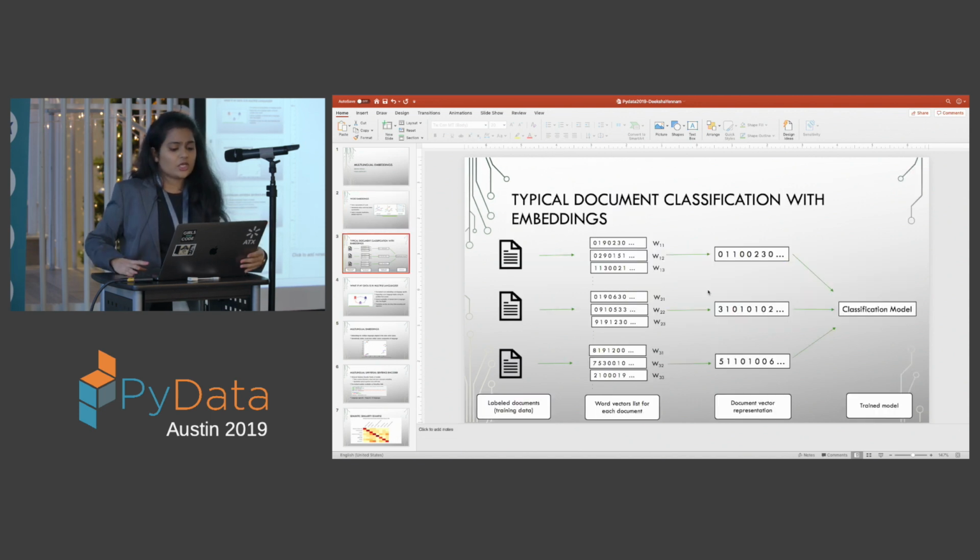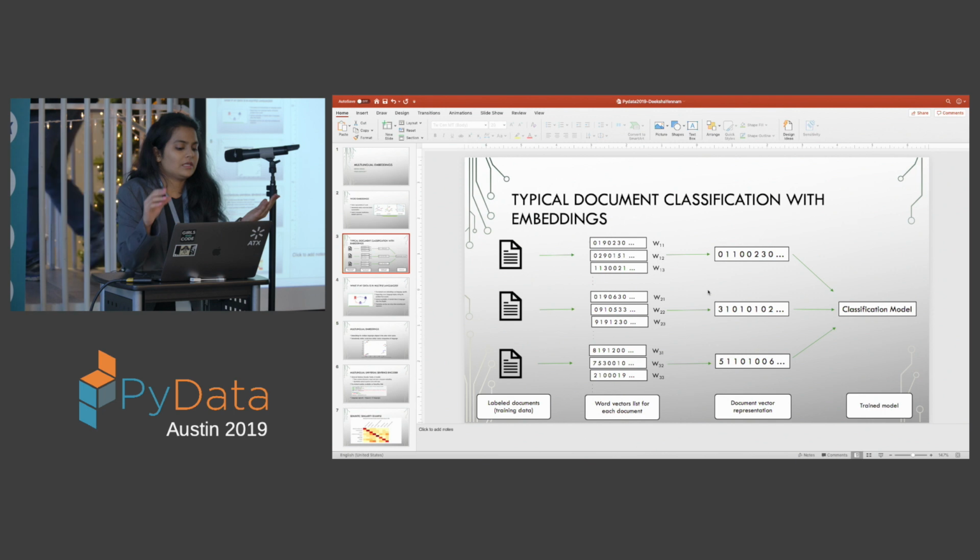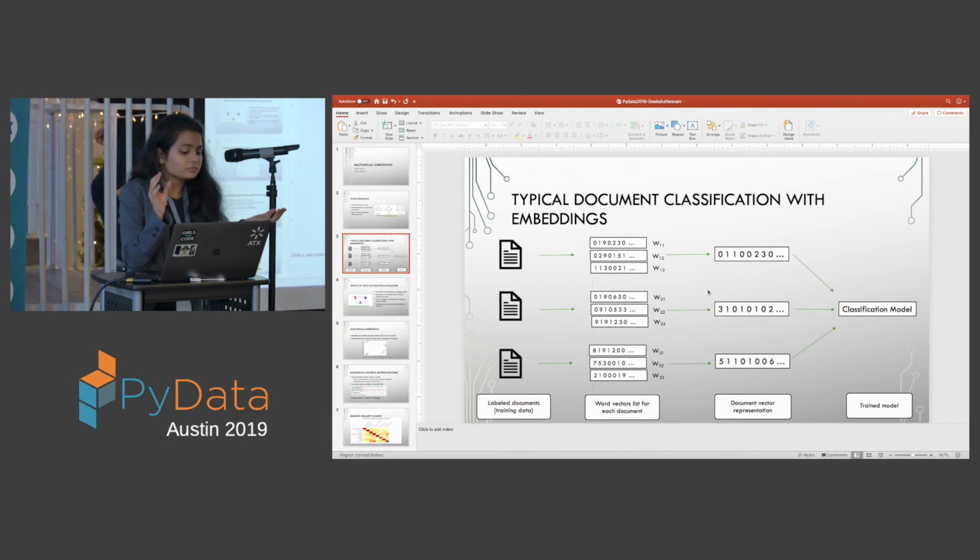The way we generally use this, say for a document classification task, is you start by collecting labeled documents. So for example, if you want to build a classification model to categorize different news articles into different categories that they fall into, like sports or politics and things like that. So you start by collecting labeled documents. So each document you have a label of what it belongs to for your training data set, and then a